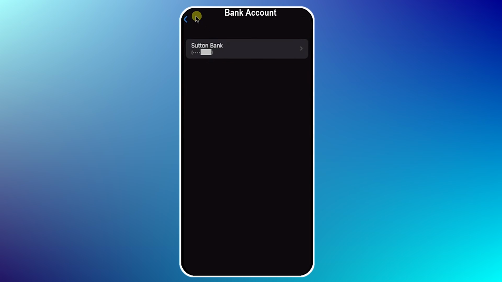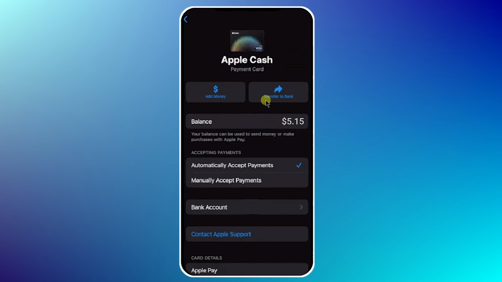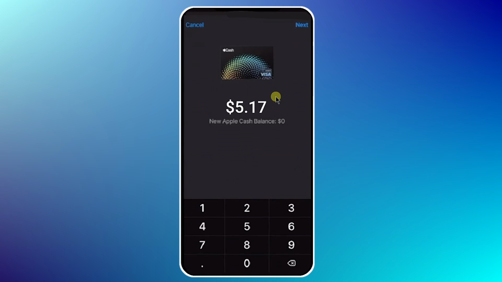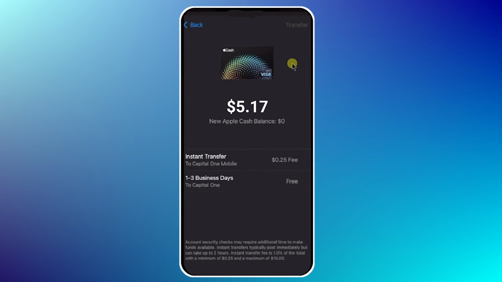So to transfer money, we need to go back from here and then click on transfer to bank like so, and enter the amount you wanna transfer, then hit next from the top right corner. Now it will give you two options. If you want to transfer money instantly, then for that select the first option which will cost 25 cents. And if you want to transfer for free, then you can select the second one, but it will take 1 to 3 business days. So I want to transfer instantly, that's why I'm just gonna select this option